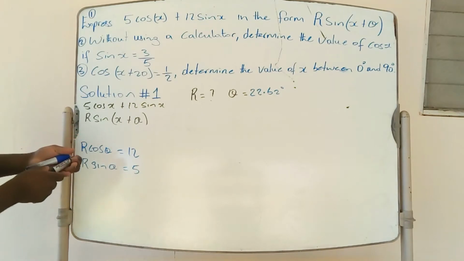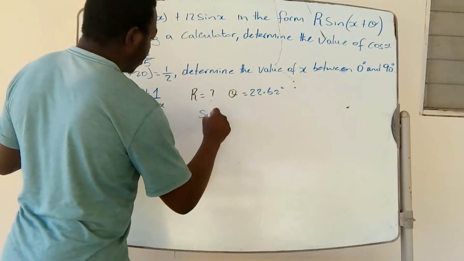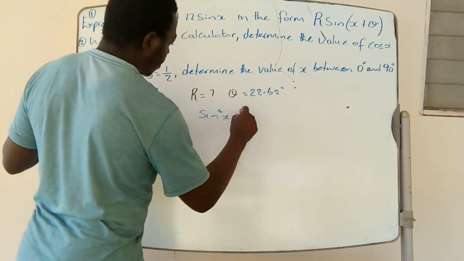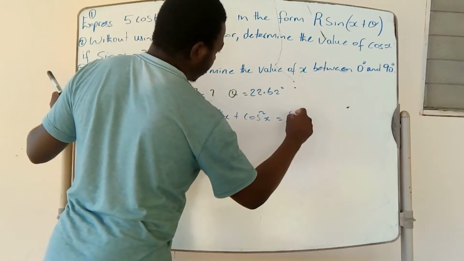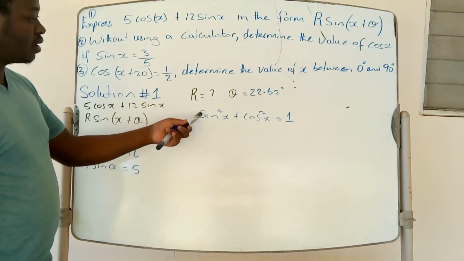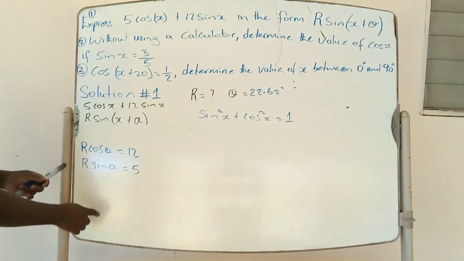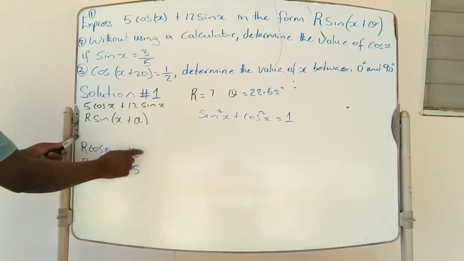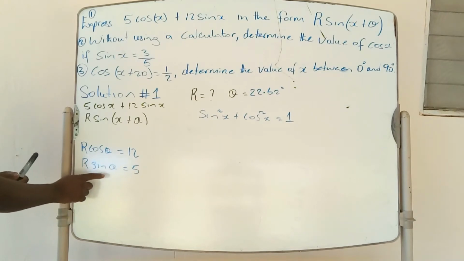So, bear in mind that you have to remember this identity. Bear in mind that sine squared x plus cos squared x is equal to 1. Bear that identity in mind. If you remember that sine squared x plus cos squared x is equal to 1, it means that I could now square both sides of these equations, right? If I square this side so that I get a cos squared, and I square this side so that I get a sine squared,